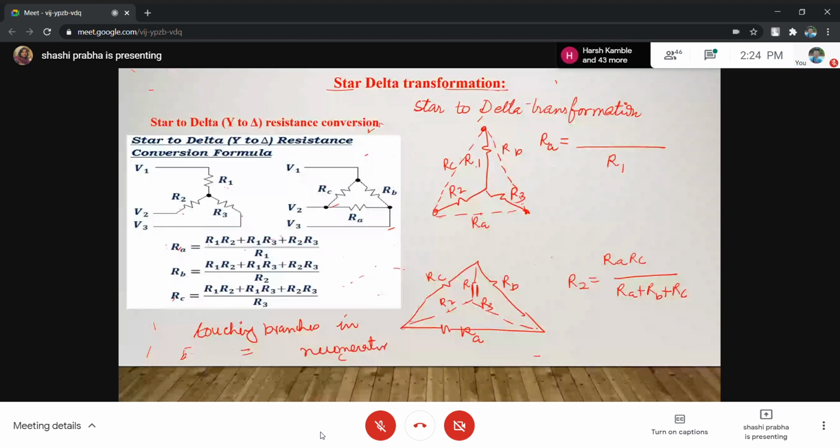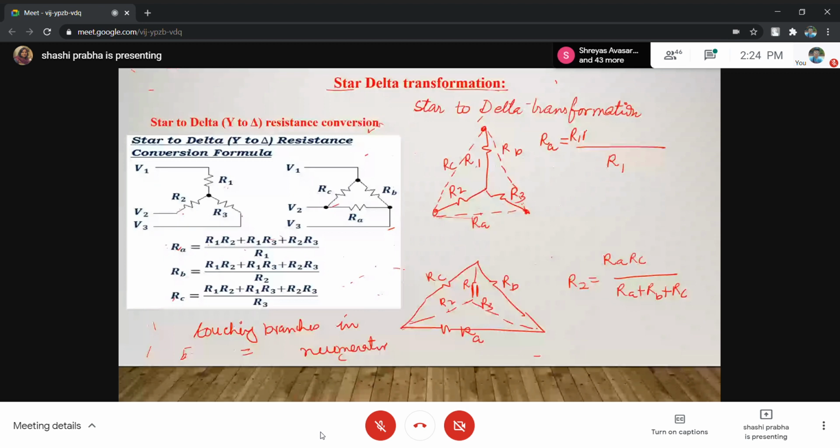अभी मुझे बता दो कि इसकी नॉन टचिंग ब्रांच क्या है, आर ए. कौन सी ब्रांच है जो आर ए को टच नहीं कर रही है, डेफिनेटली आर, ये तो दोनों टच कर रही हैं. सो दिस इज R1. R1 विल कम इन डिनोमिनेटर. न्यूमरेटर में फिर मल्टीप्लिकेशन आएगा, क्योंकि डायमेंशनली न्यूमरेटर हैज टू बी ओम स्क्वायर. सो R3 एंड R3. जल्दी से बताओ RB, व्हाट इज RB, ये निकालना है RB.